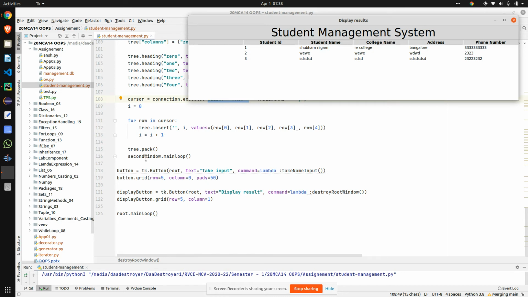So we are doing tree dot insert, i, with values equal to row at 0, row at 1, row at 2, row at 3 and row at 4.